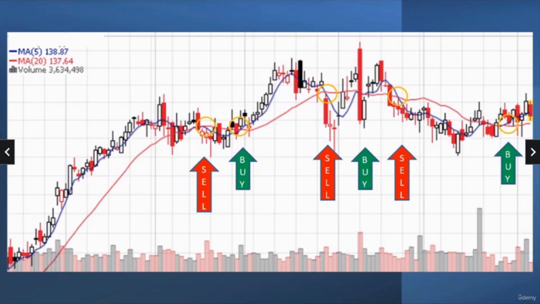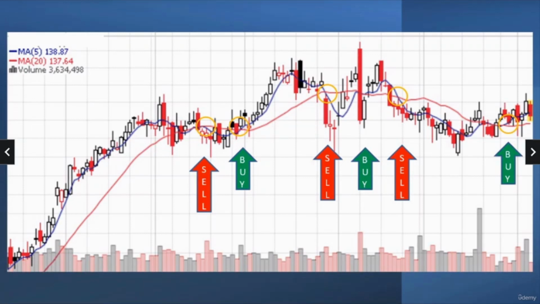But this is a classic way to do it, with a 5-day and a 20-day, and you're looking for when the lines cross over. This has nothing to do with the prices; you're looking at just the blue line and the pink line. It should correlate a little bit with the prices, but you're really looking at the lines more so than prices